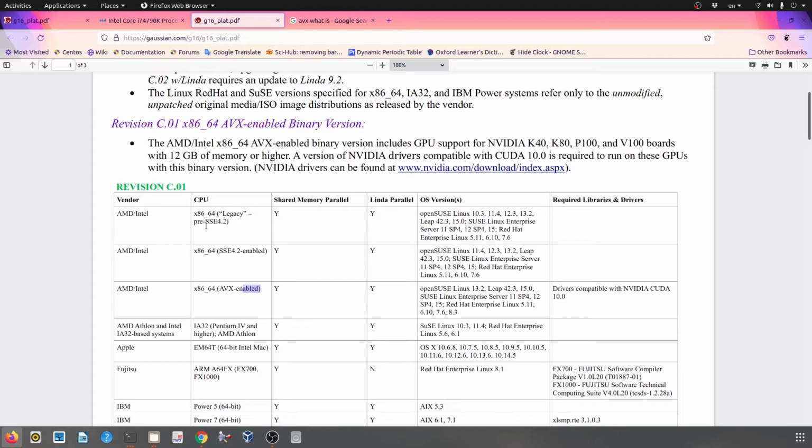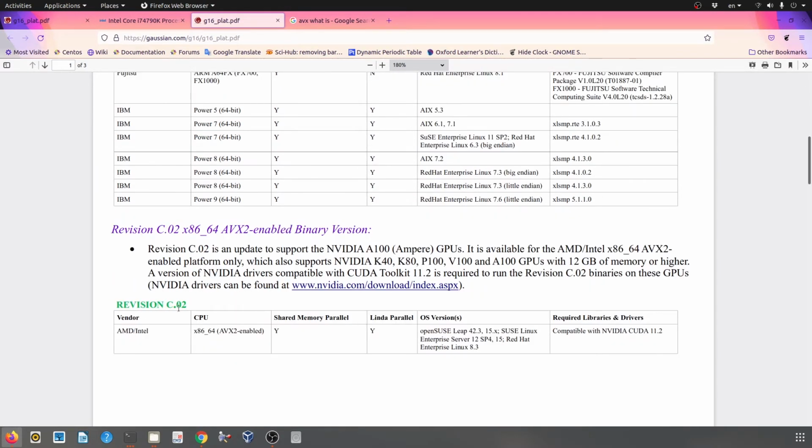These features, SSE 4.2 and AVX, actually are different CPU instructions. So first of all, you must check your CPU, your machine, and find which instructions your machine has. And these 3 are for revision C.01 and also for revision C.02. We have another binary file which is AVX2 enabled.